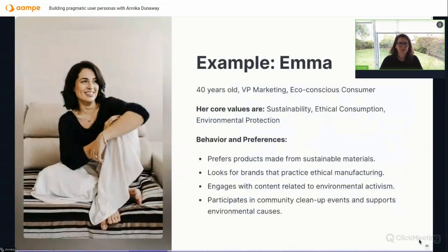So let's go into a quick example here. This is Emma. Emma is 40 years old, VP Marketing, eco-conscious consumer. The top one, what I just said, is mainly focused on demographics, on a very traditional way of looking at a persona or building a persona. But her core values, which she really believes in, are sustainability, ethical consumption, environmental protection. So she prefers products that are made of sustainable materials, looks for brands that practice ethical manufacturing,